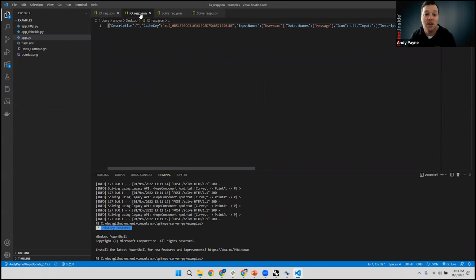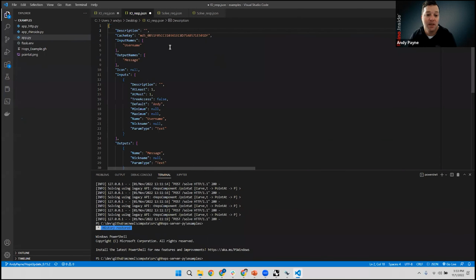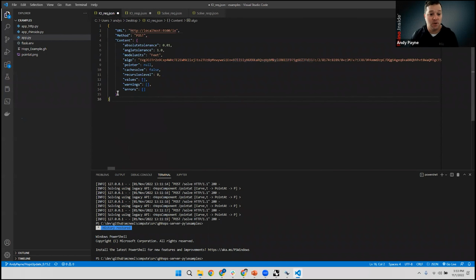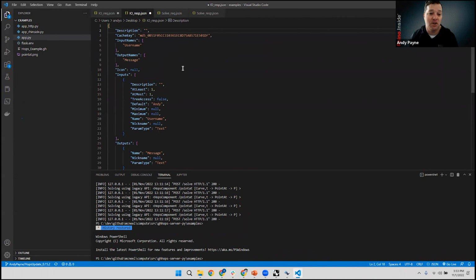The server then gets that value. And again, I'm going to right click and say format document. It gets this JSON request message, and it takes it into the function called IO, and then it processes it. It does some stuff with it, and then it returns a response. In this case, one of the things that we want to look at is the cache key. This cache key is now a pointer on the server. It's just an ID, right? It's just a unique ID that's saying,